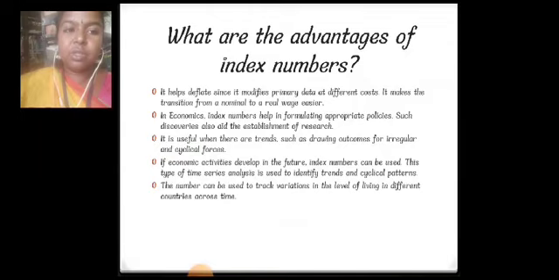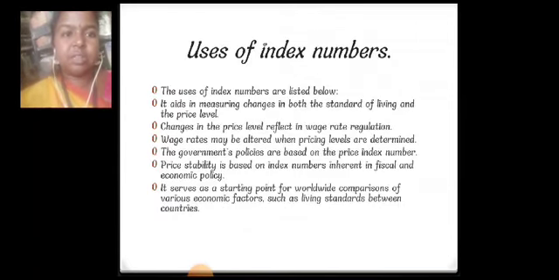The numbers can be used to track variations, mainly to find variations in the level of living in different countries across time. So these are some of the uses of index numbers. It is used for the standard of living and wage rate regulation. Pricing levels are determined using index